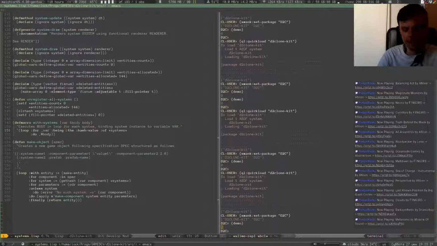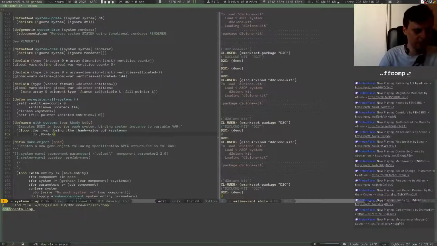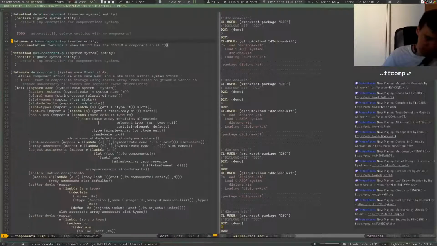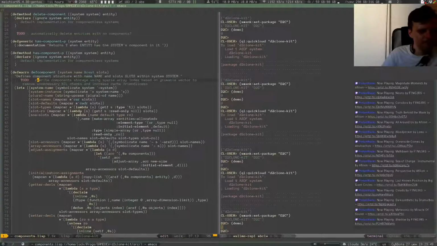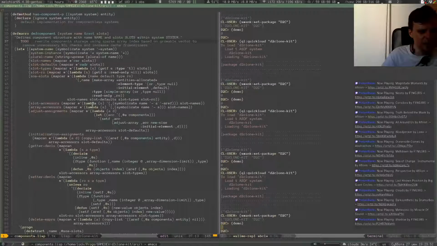And yeah. So the next change I was going to do to the code base, in terms of refactoring, was to change how components are handled. Right now, the components are made by this hideous macro. I even have this to do comment. So it's kind of working and it's kind of okay, but the thing is that I'm defining this SOA, structure